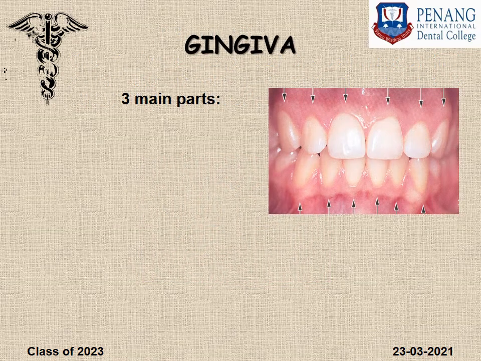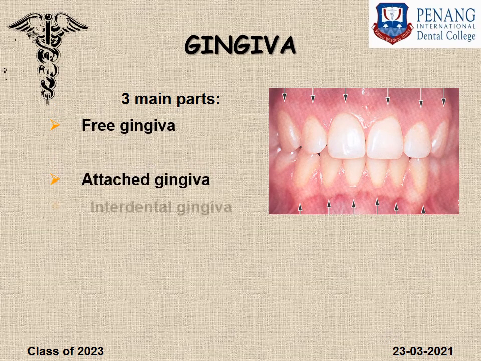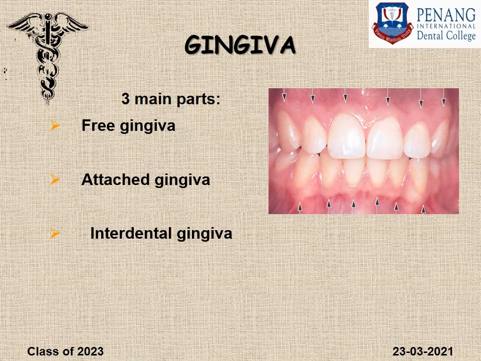So there are three main parts in your gingiva. The first part being your free gingiva, the second part being your attached gingiva, and the third part being your interdental gingiva. Free gingiva constitutes the area just above your teeth. So this area lodges your sulcus, and this is called the free gingival area. It is not attached to the tooth or the bone within, so it is called free gingiva. The second part constitutes your attached gingiva, that is the area beneath your free gingiva to the alveolar mucosa.